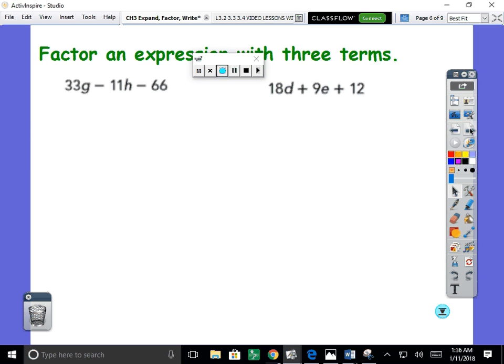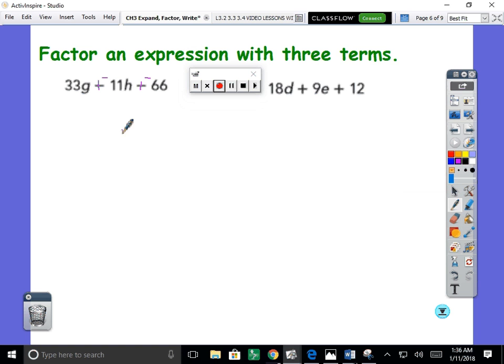The last thing I want to do with you is show you some examples with 3 terms. So if you take a look, we're going to try to factor these expressions in 3 terms. So the first one, I have G's, H's, and 66, a constant, oh my. What could I do to take out a common factor of all of them? Well, first, I'll tell you, I don't like these subtractions sitting here. So I'm going to change the minus to a plus, change the sign to next, or add the opposite, if